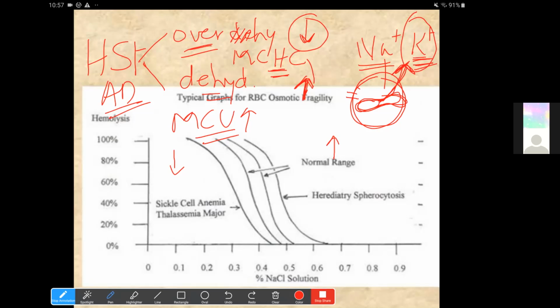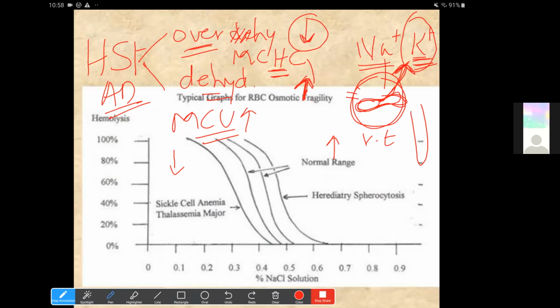And this potassium leak can occur even at room temperature, and it is greatly increased at cold temperatures. This will be greatly increased in vitro. So in test tubes, if cold temperatures are maintained, then this would cause hemolysis, and this is known as cryohydrocytosis. This is the cryohydrocytosis form, and this is the one that they have mentioned as being a feature of this disease.